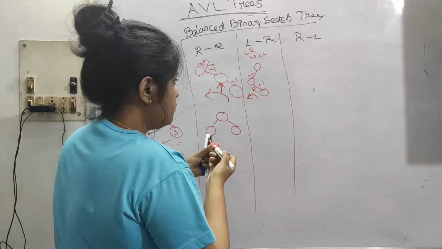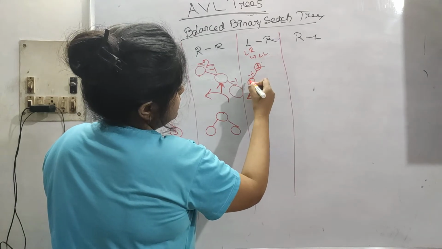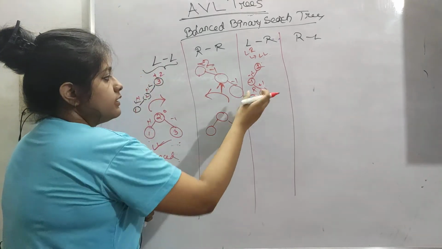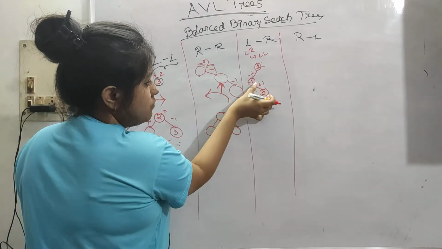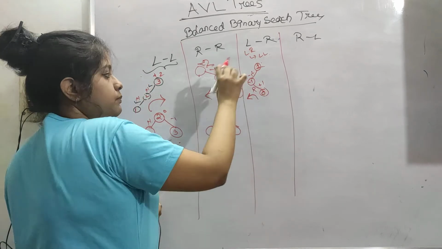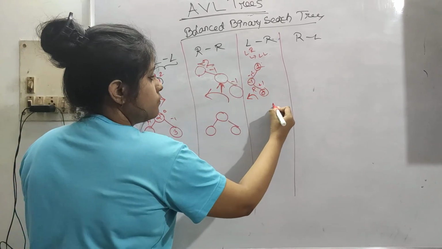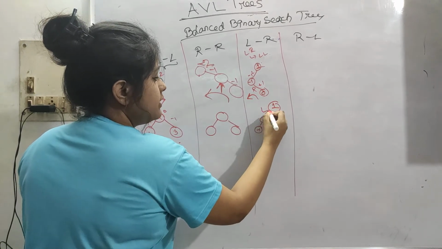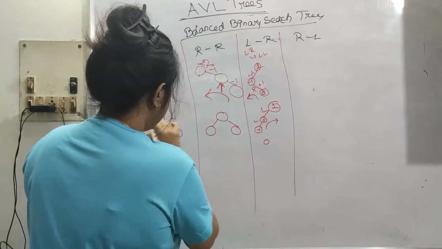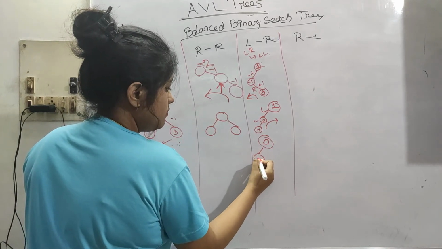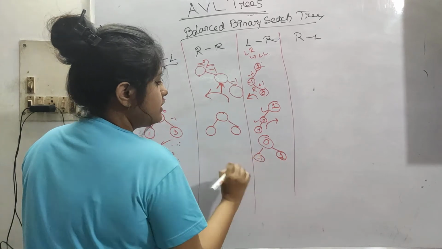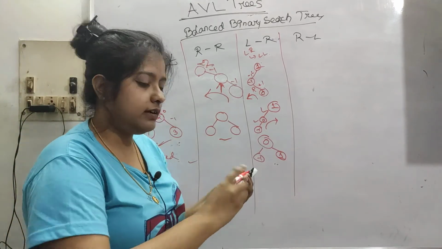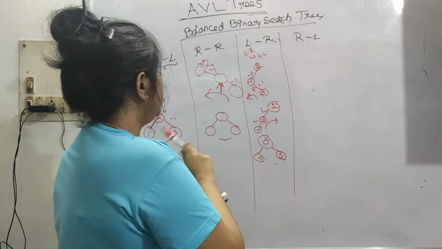So let's see, less than 1 means, let's say -1, greater than -1 is, let's say 0. We take the leaf node and put it here like this, 1, 0 here and -1. Now see, it is LL. Now you can rotate like this, 0, -1 and 1. So now it is balanced. So LR means you have to convert LR to LL. Now it will be like the previous one.